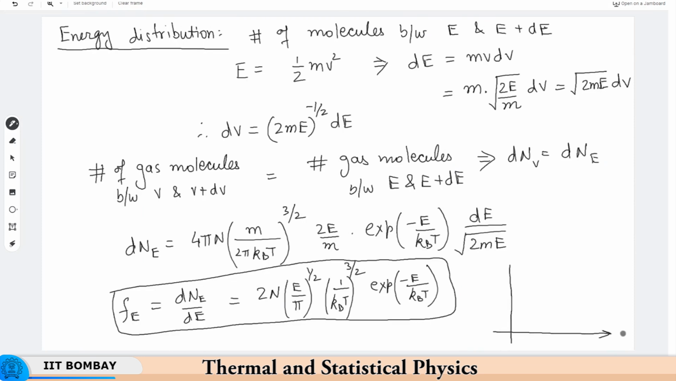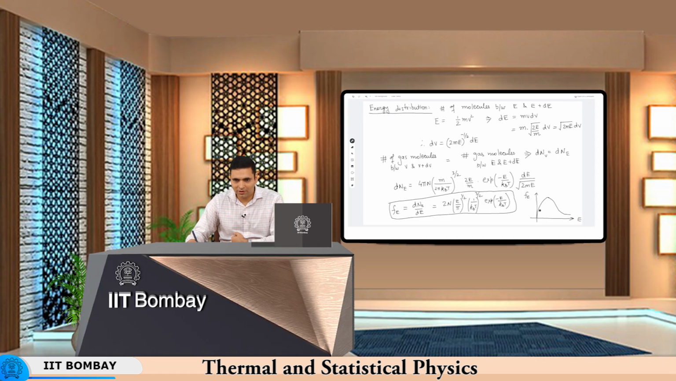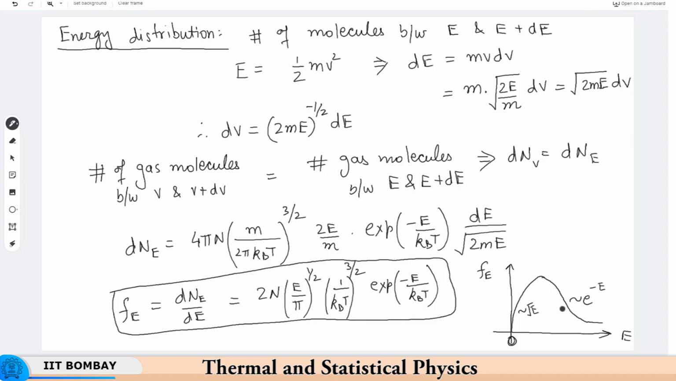So, your x axis is E, y axis is f of E, and initially this is like a square root function which decays exponentially. So, this is like square root E initially at small E values, remember this is 0, and later it decays exponentially. So, this is how the energy distribution looks like. Okay. So, having done all that, there is also another interesting